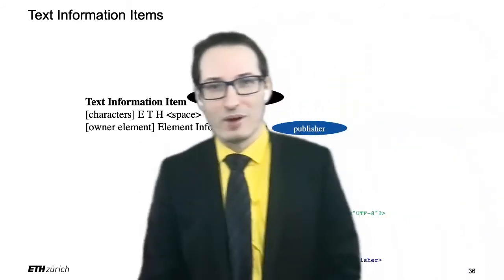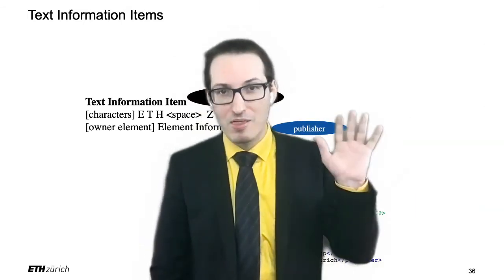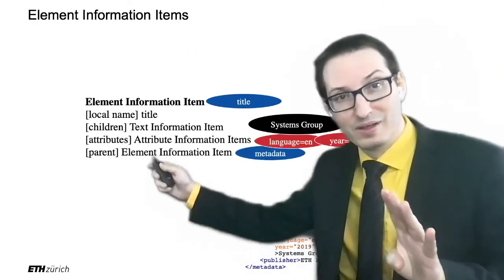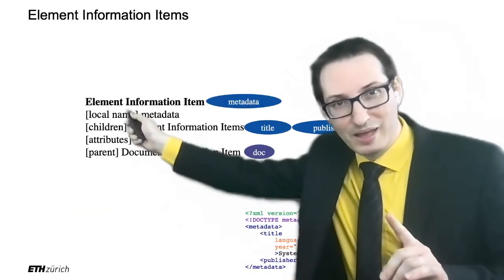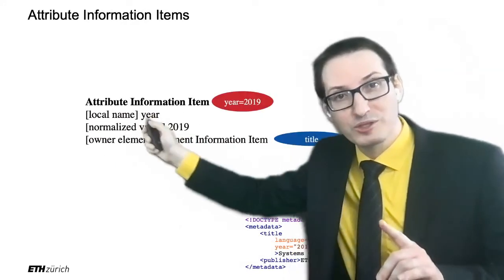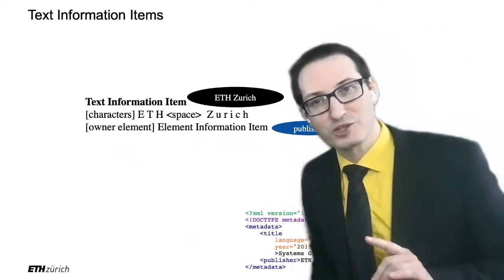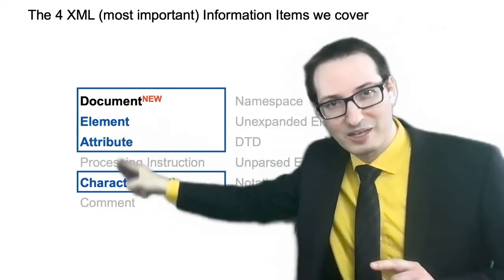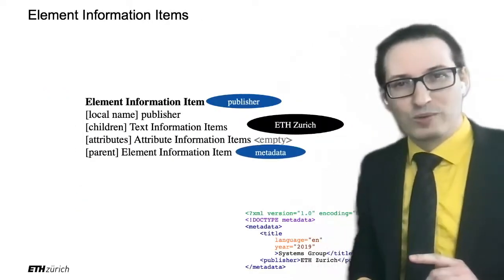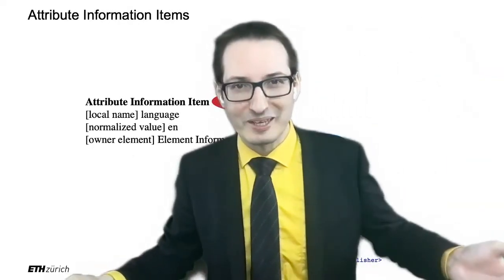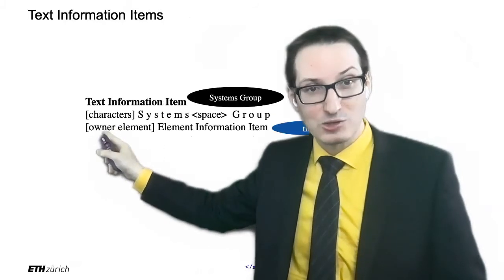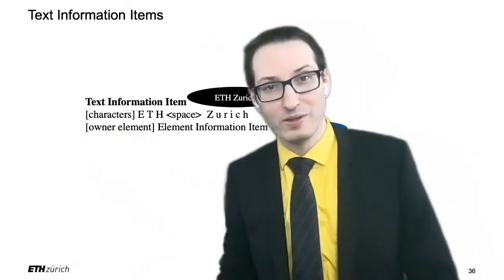Okay, so I've just presented to you the nodes of the tree. These are all the nodes of the tree, right? And there are 4 kinds of them. Document information item, element information item, attribute information item, and text information item. As promised, right? This is the promise I made you. Document, element, attribute, and text. Okay. So what do I do now? Well, let me draw the tree then. All I need to do now is look at these children and parent and so on, the owner element and so on, and draw the tree.